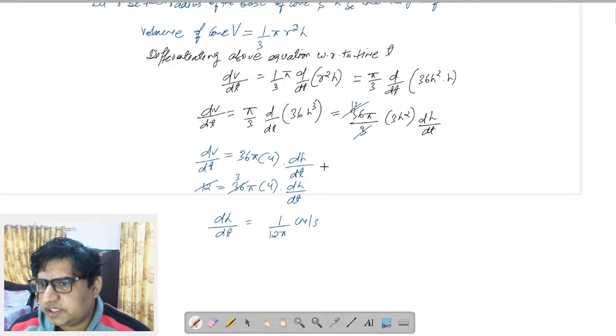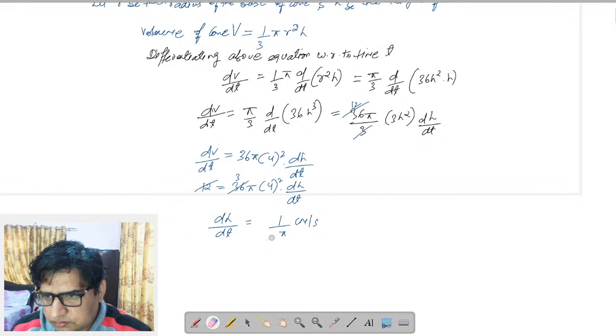Okay, so here we have h², okay, so that is missed out. So 4² is 16, and then it will be multiplied with 3, so it will be 48, okay, so that will be 48π. ठीक है। So the answer is dh by dt is equal to 1/48π centimeter per second, ठीक है।